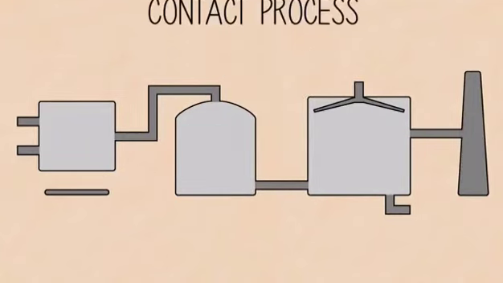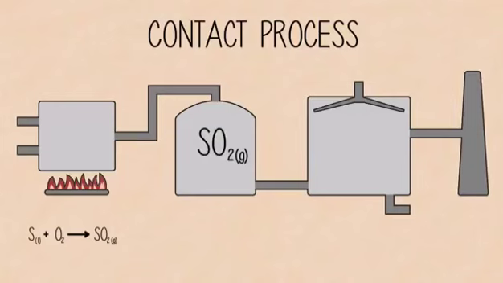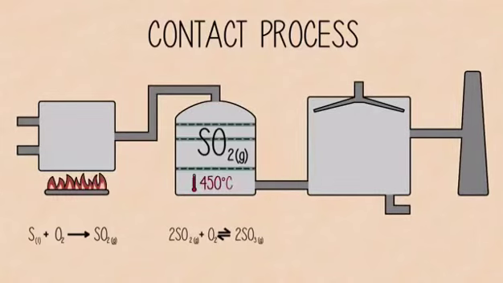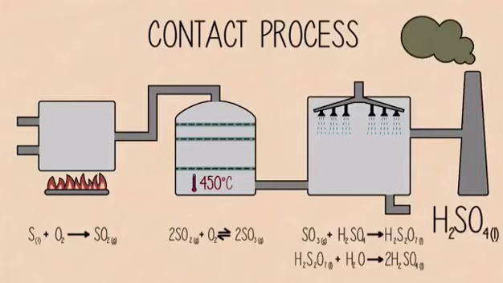In summary, the contact process converts sulfur to sulfur dioxide by combusting sulfur in air. The sulfur dioxide produced is heated to 450 degrees centigrade over a vanadium oxide catalyst. This produces sulfur trioxide. The sulfur trioxide is treated with a fine mist of water and 99.5% sulfuric acid is collected. The acidic fumes produced are treated with acidic scrubbers to prevent